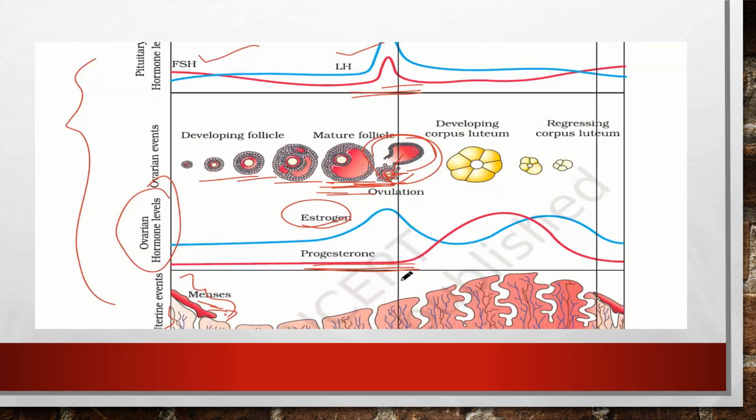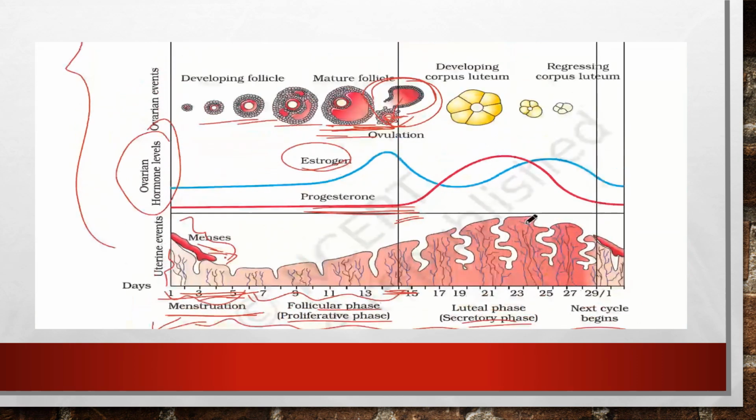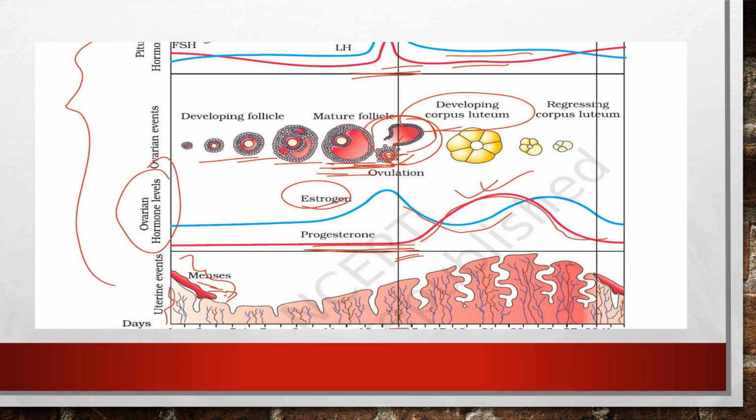Now, after ovulation, during the luteal phase or the development of the corpus luteum, the progesterone hormone is at its spike. You can see that progesterone increases to its spike and the estrogen hormone will come down. Both the LH and the FSH are normally secreted. They are not at their spike level. So this is happening.